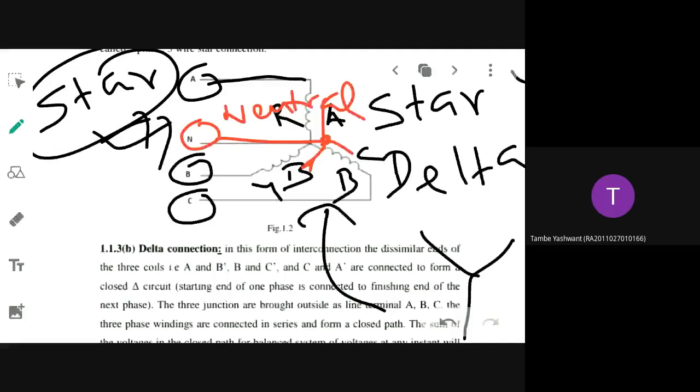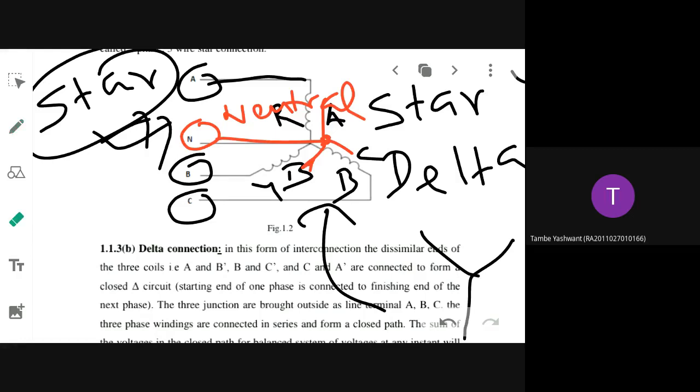Ma'am, but why do we need to connect it to the neutral? Sometimes you will want it. You need not take out the neutral also. That is also possible. That way it will be called 3-phase 3-wire, otherwise 3-phase 4-wire. Depending upon the application requirement, you can have 3-phase 3-wire without neutral or 3-phase 4-wire with neutral. It's your choice. Is there no disadvantage of not connecting it to the neutral? Some merits are there, some demerits will also be there. Again, depending upon the application or the load that you are going to connect, you will do this. Okay, ma'am. Thank you, ma'am.